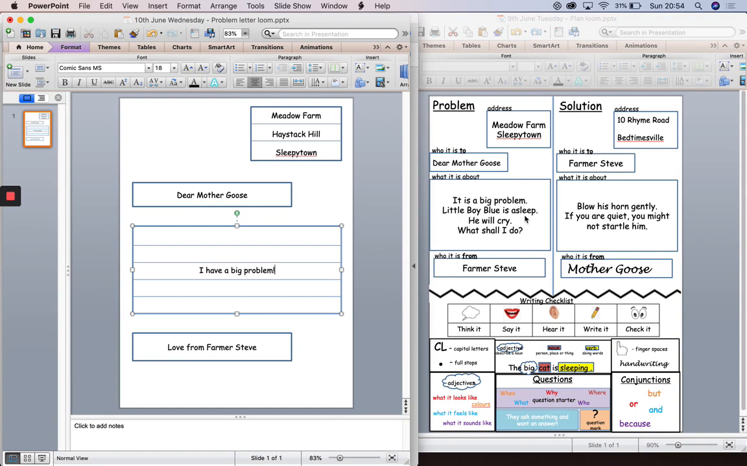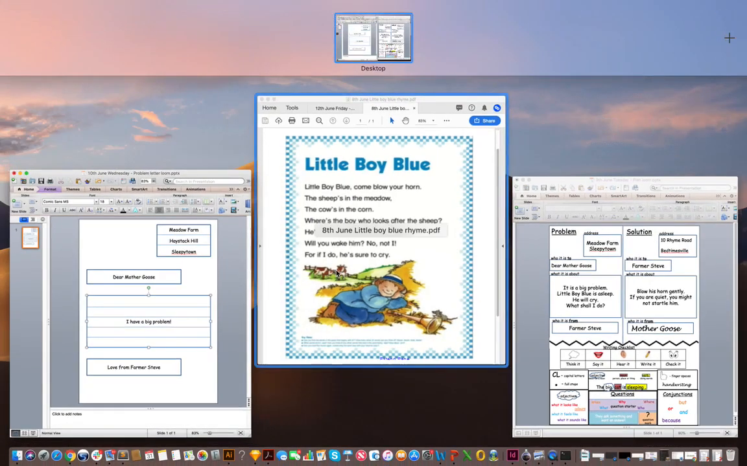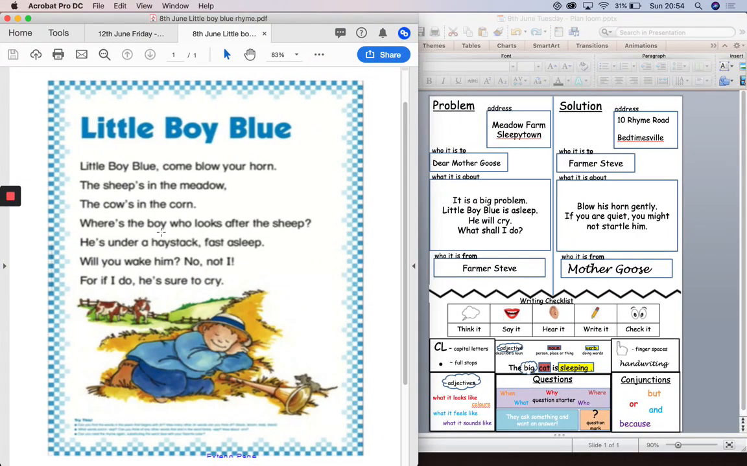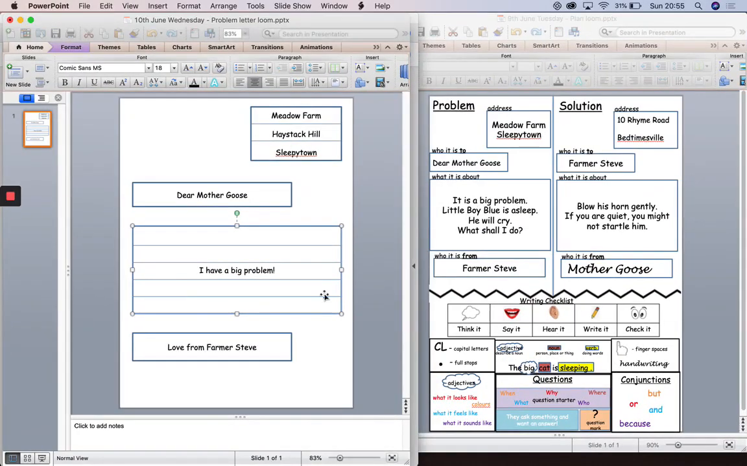So Little Boy Blue is asleep. But what should he be doing? Oh, that's a good idea. I'm going to use that conjunction but, so I'm going to add a little bit more. Little Boy Blue is asleep, but he should be looking after the sheep, shouldn't he? So I'm going to write that down. Remembering again my capital letters. Little Boy Blue is